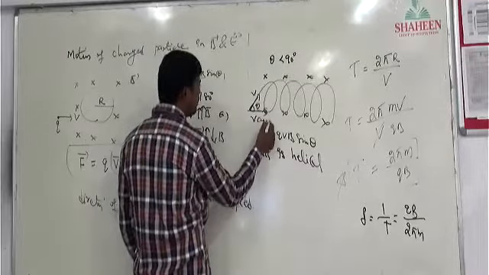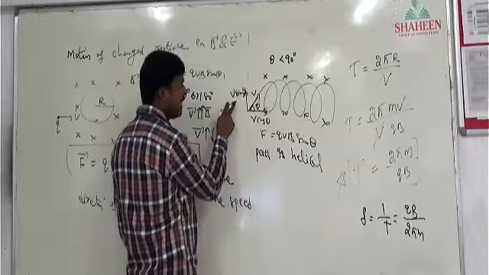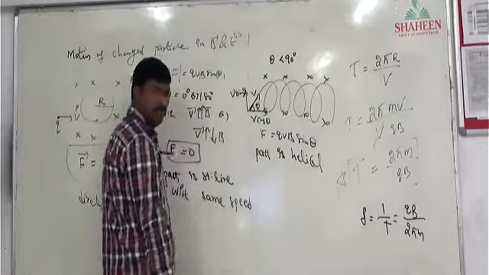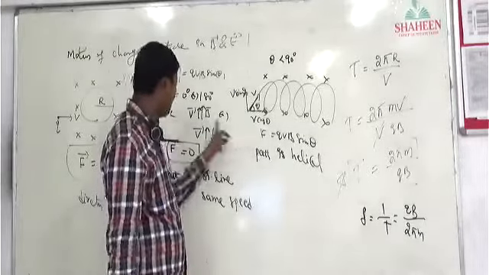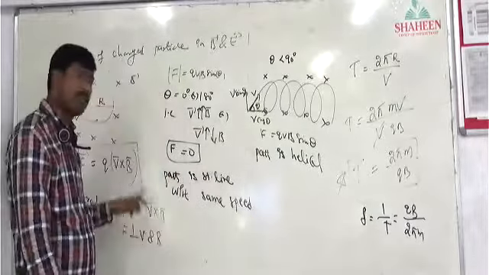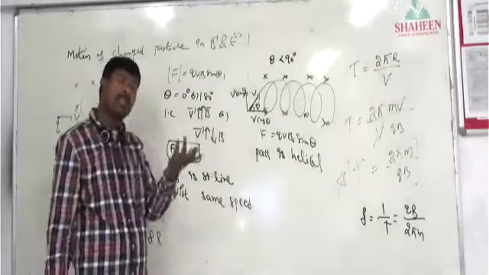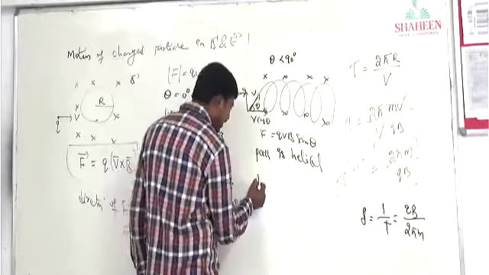One is v cos theta, the other one is v sin theta. So v sin theta is perpendicular, one component is perpendicular, one component is parallel. In the parallel case, there is no force, so straight line motion. In the perpendicular case, circular motion. So totally, a helical shape will come. So the radius of the helical